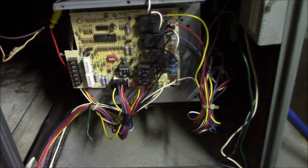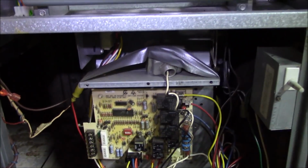And when we go up in here, right in here, there'll be a screw on each side to take out in order to slide the blower motor. My favorite deal,